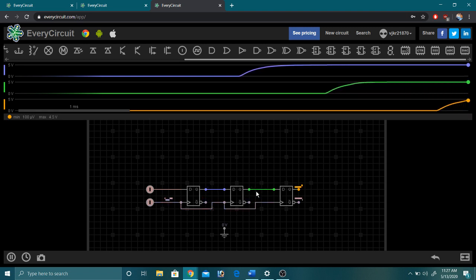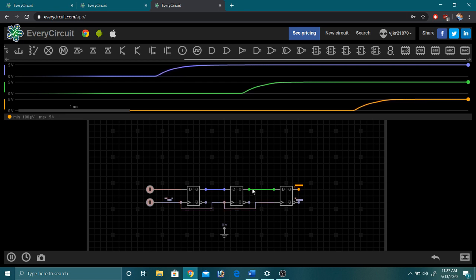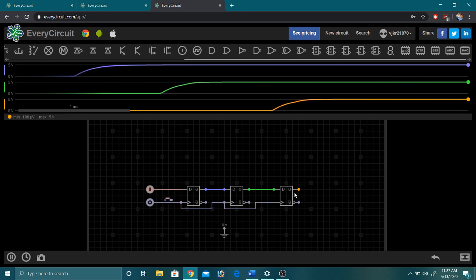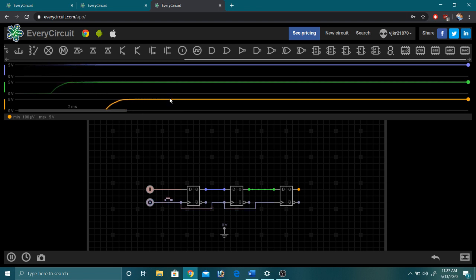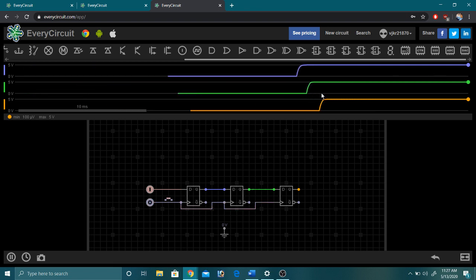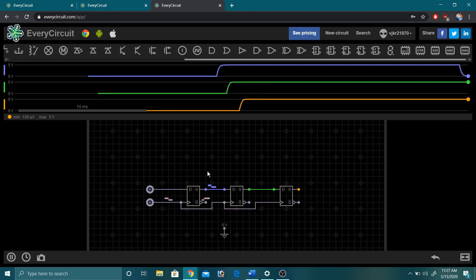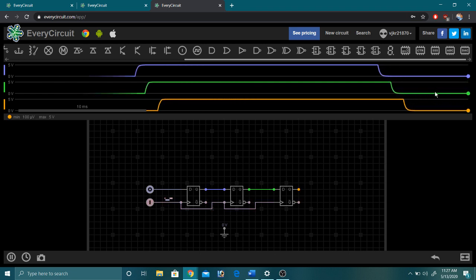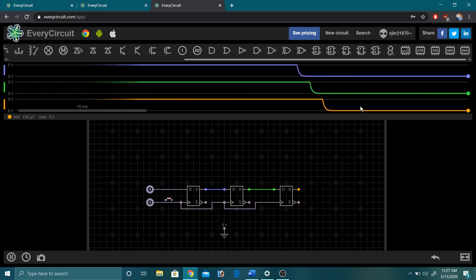On the second clock, second flip-flop output will rise to 1. On the third clock, third output will rise to 1. So if we see the results here, we are shifting 1 from one point to another point. Similarly, if we make this 0, we are shifting from one flip-flop to another flip-flop.